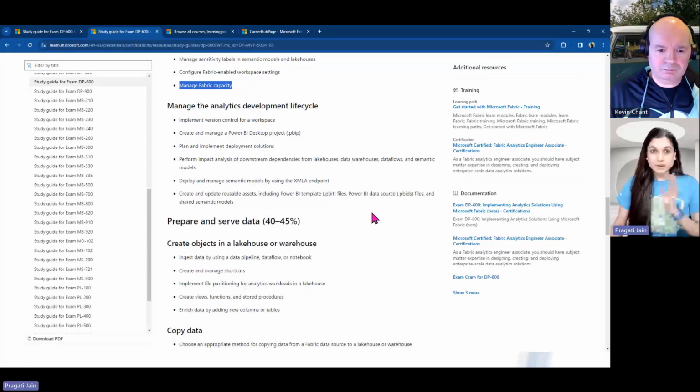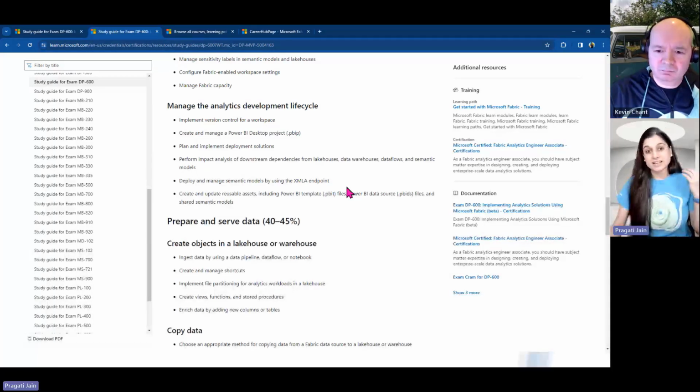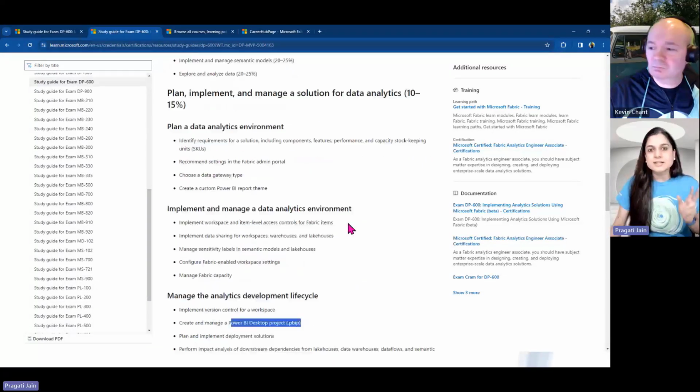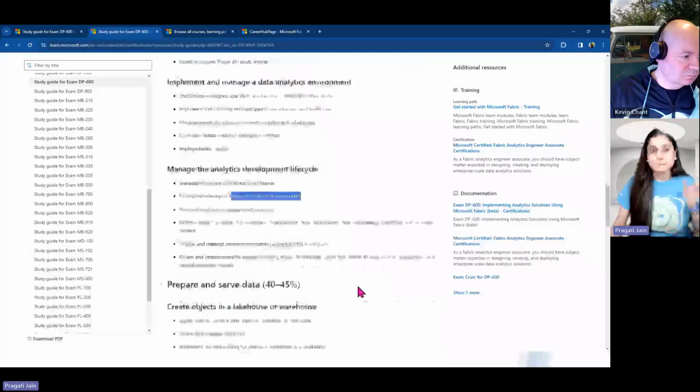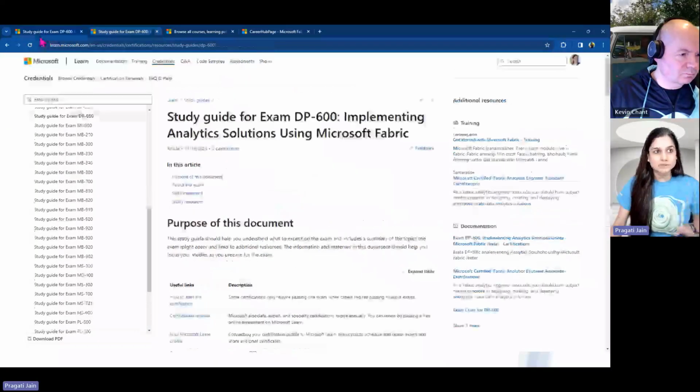Then when it comes to the analytics development lifecycle, there are a few things here, for example, how you can implement version control within a workspace. Then there's something called Power BI Desktop project files. One thing I want to point out is that within this study guide, they have mentioned so many things. But if you go to the Learn paths for this exam,